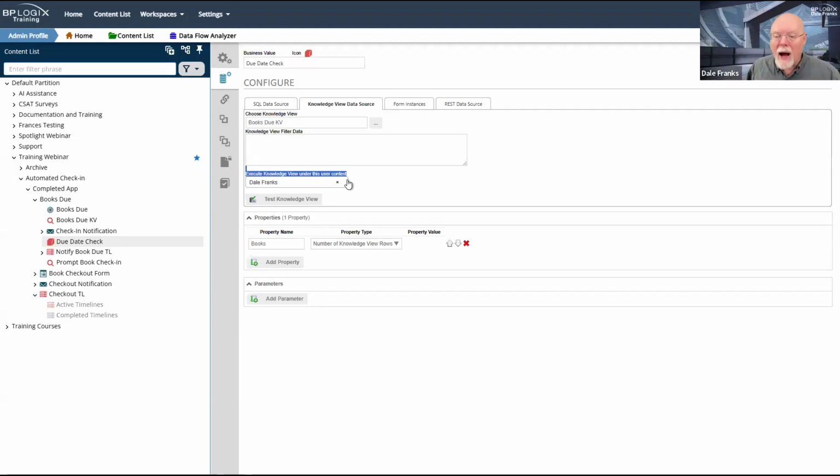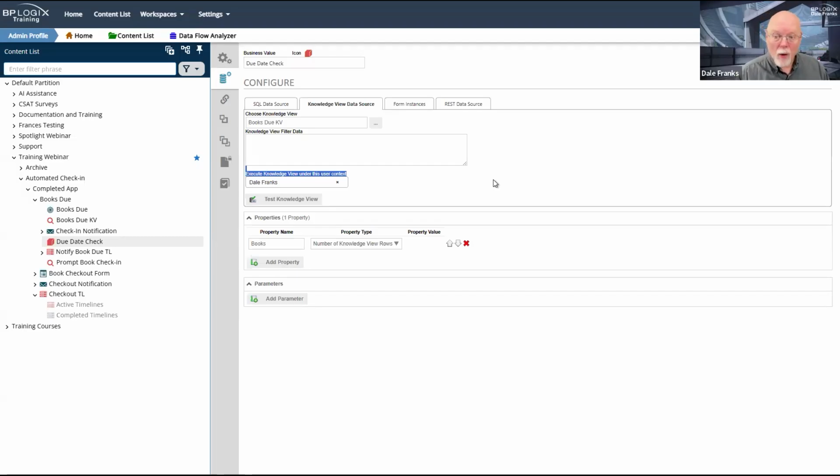If we did not have the execute knowledge view property, then every time this business value got called, Process Director would attempt to run the knowledge view as the user who had invoked the business value in that particular situation.